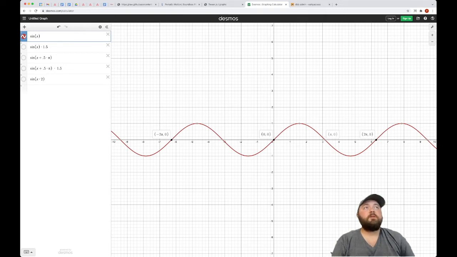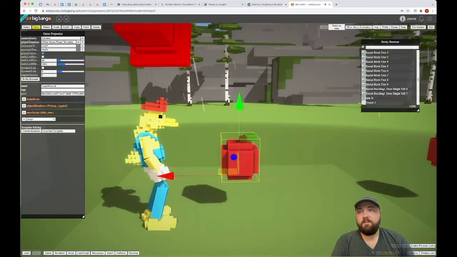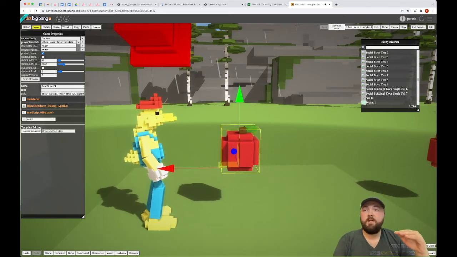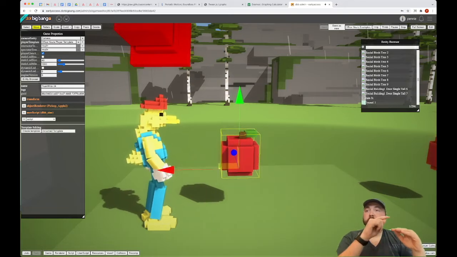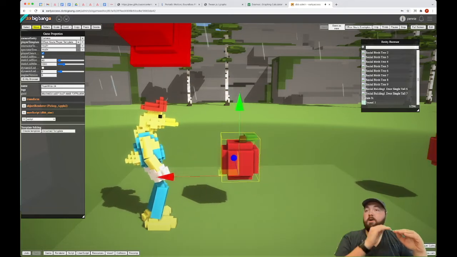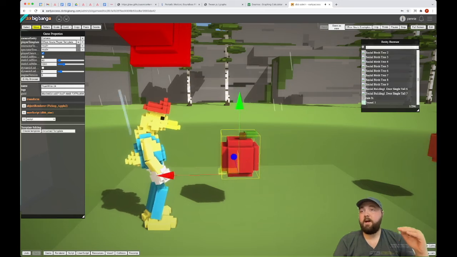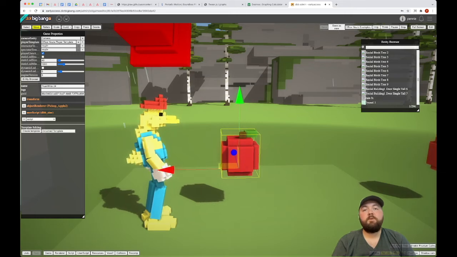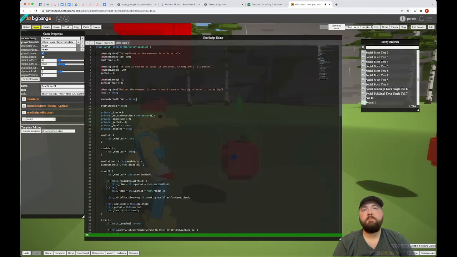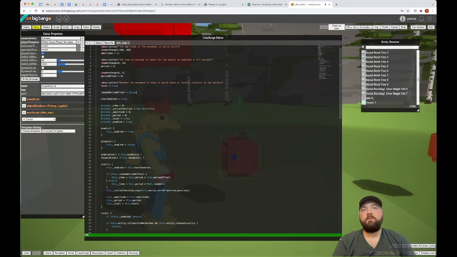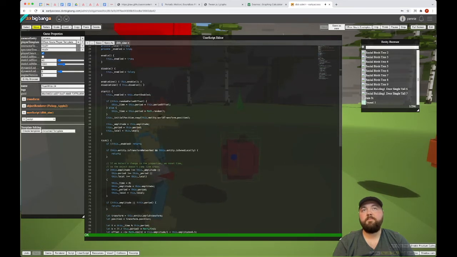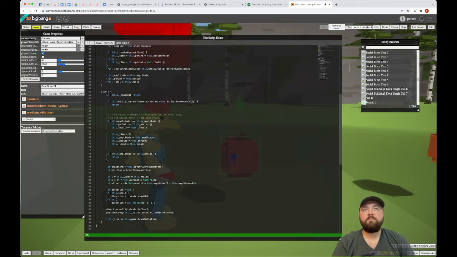So if you want an object that bobs up and down, you can take its base y position, and then you can take that -1 to +1, multiply it by how far up and down you want the object to move, and then apply it to that base position every frame, and you get a motion like this. So if we look in this DBB sine script, we've got the amplitude, the period, the initial position, and the time. And so all we do is every tick we go,